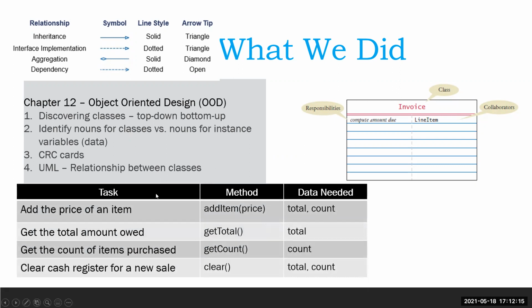So when we're defining our tasks, our task is basically our methods. So we have a task of getting the price of an item. So the method is add item. Then the question is, what data do we need for this? I'm going from the top down. So if I define my task, remember the tasks are the responsibilities that we are doing. Then the question is, what data do I need? This is the way I am coming down to,